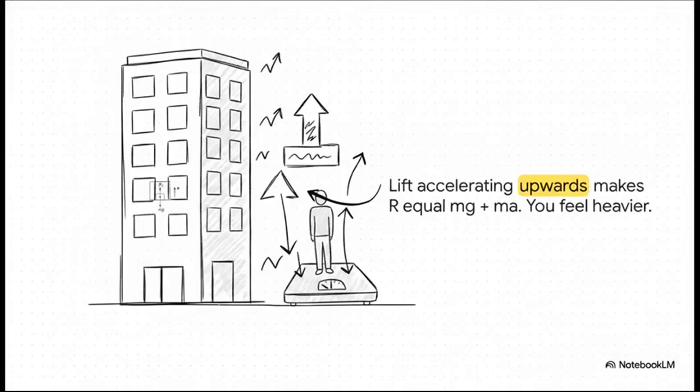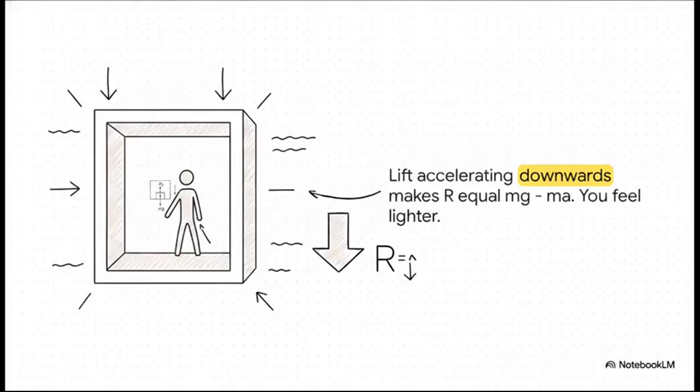But hit that up button and boom, the lift accelerates upward. Now, according to F equals ma, the floor isn't just supporting your weight anymore. It's actively pushing harder into your feet to accelerate your mass upwards. The reaction force becomes R equals mg plus ma, so your apparent weight literally increases. Mathematically and physically, you are pressing down harder on the scale. You genuinely feel heavier. On the flip side, going down, the lift accelerates downward and the floor literally drops away